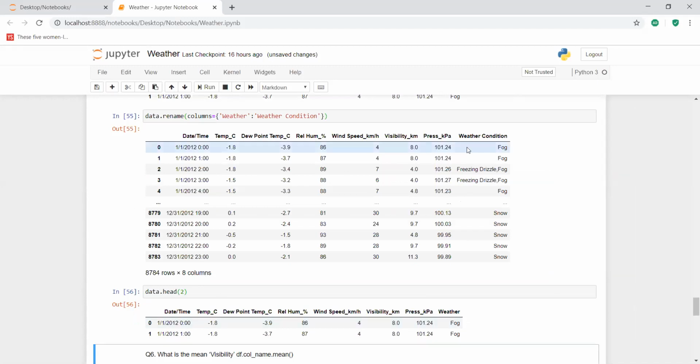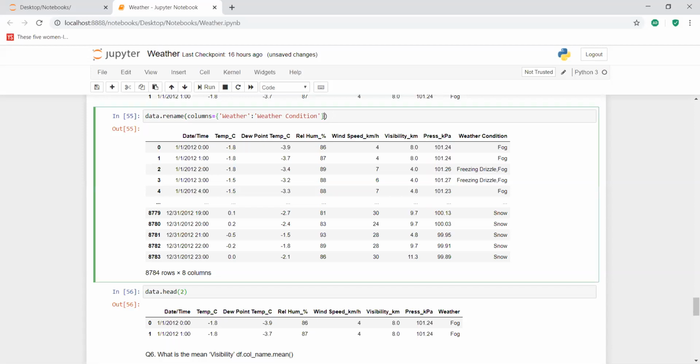This weather condition change has not been reflected in the data frame. For this, you have to give comma inplace equal to true, right? This inplace parameter will make the changes in place in the data frame.